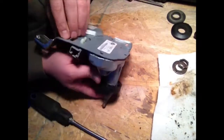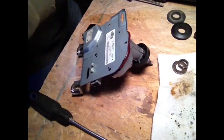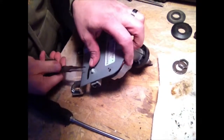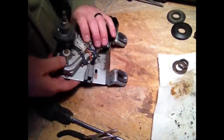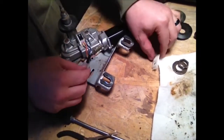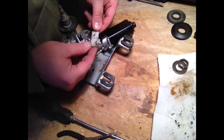Well, other than you got a couple little clips here. If we need to pop them loose, this one here, no, didn't want to do that. Just going to see if it's going to be easier to take off the one on the motor here, but